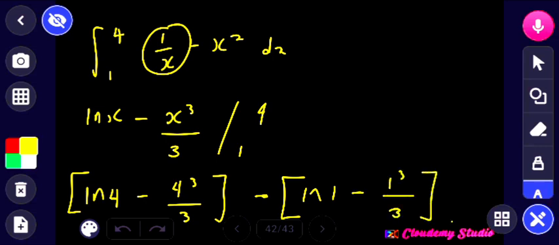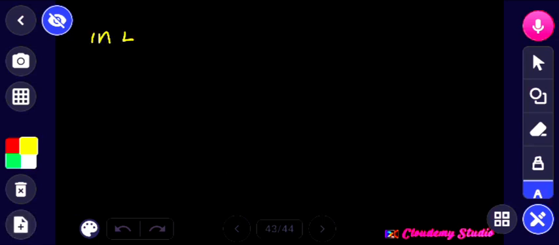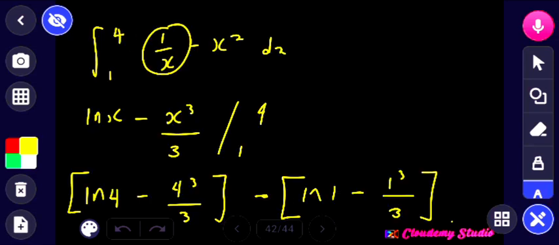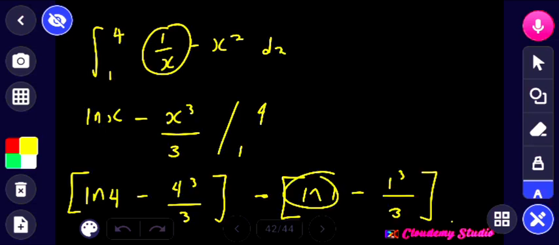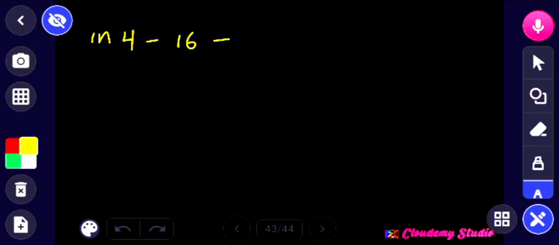So I'm going to have ln 4 minus 4 raised to the power 3, which gives us 64 divided by 3, that's 16, minus 16. Now ln 1 equals 0. You understand? Minus multiplied by minus equals plus. That is plus 1 over 3, right? So 16 plus 1 over 3 will give us